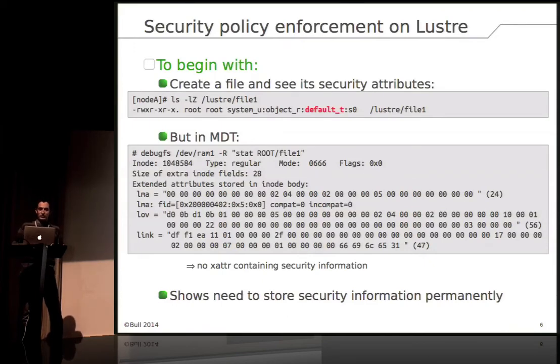But if we look at the file representation inside the MDT, we can see no extended attributes with the security information. It means that the information is not stored permanently, and it will have to be set again on that file. So the first thing to do is to find a way to store the security information